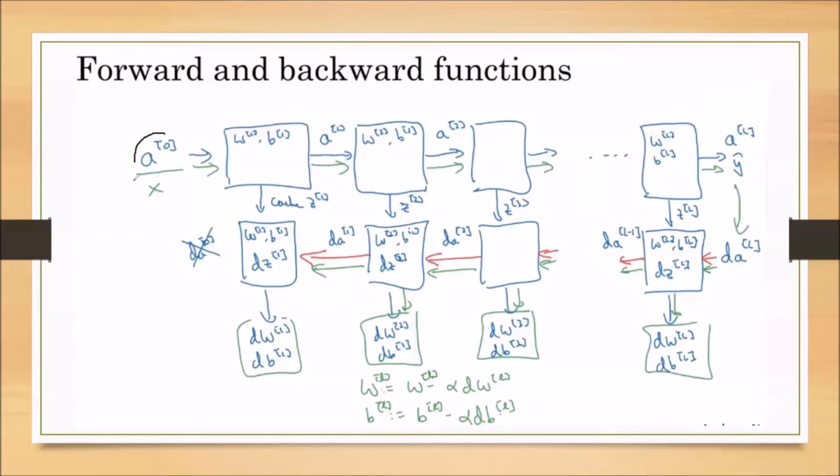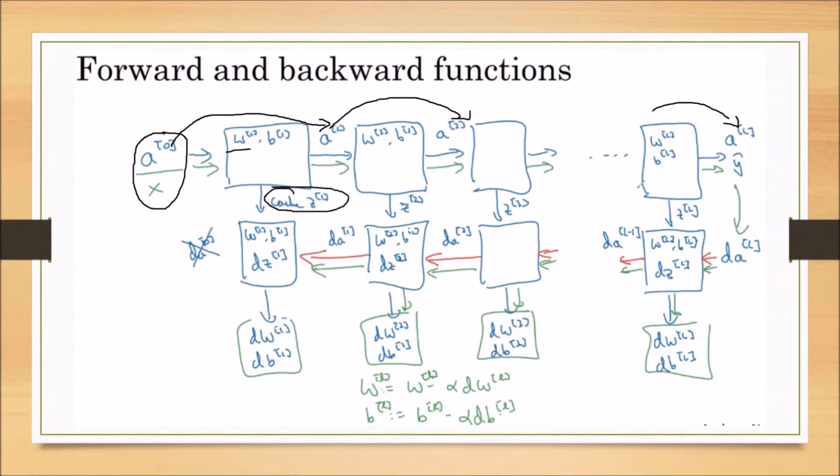So first, we have taken X, which is nothing but A superscript 0. By using this A0, we have calculated A1, and from this we have calculated A2. Finally, we have calculated A[L], the predicted output. Every time we have cached Z1, Z2, Z3 and so on. By using this A[L], or Y hat, the predicted output, we have calculated dA[L]. dA[L] is nothing but the differentiation of the loss function with respect to A, so this dA[L] is nothing but dou L by dou A[L]. This is what we have calculated.